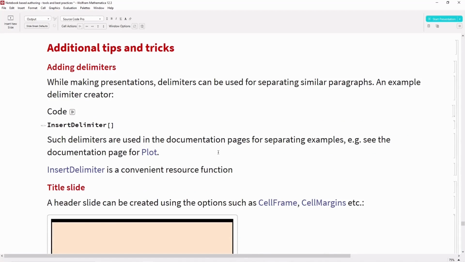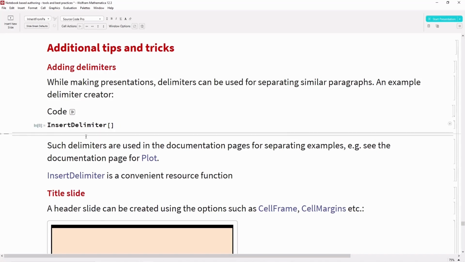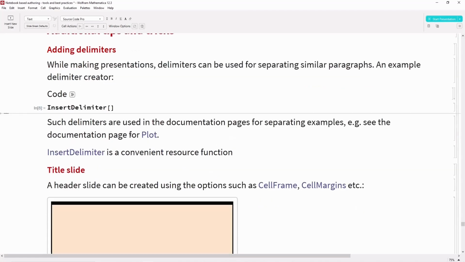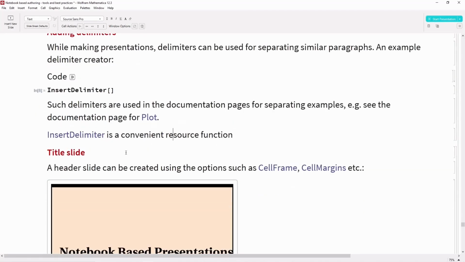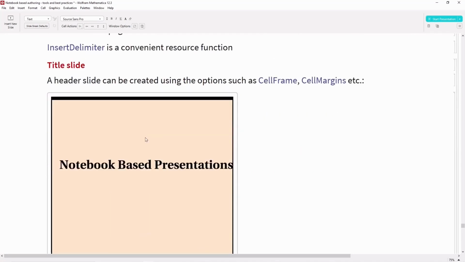When you're showing any paragraphs or essays or any type of text in the presentation notebook, you can add a delimiter for separating those. So here is how you can add a certain delimiter. In order to focus on certain points, you can create certain title slides.